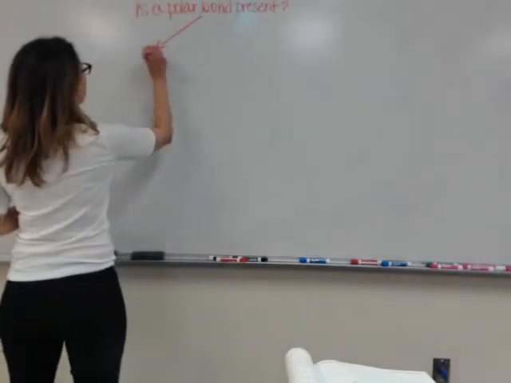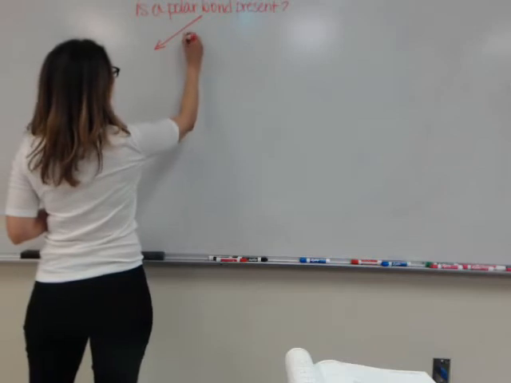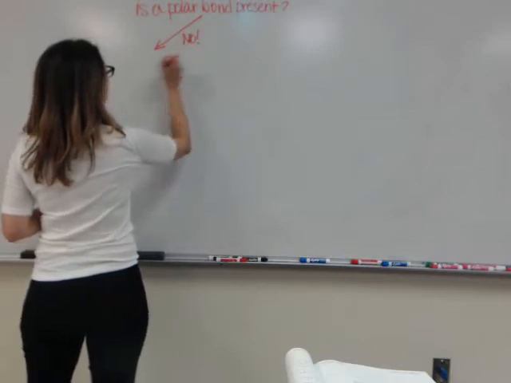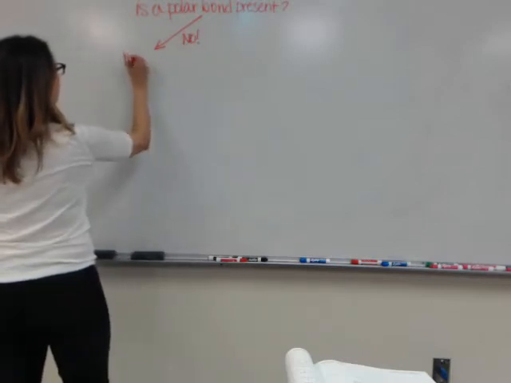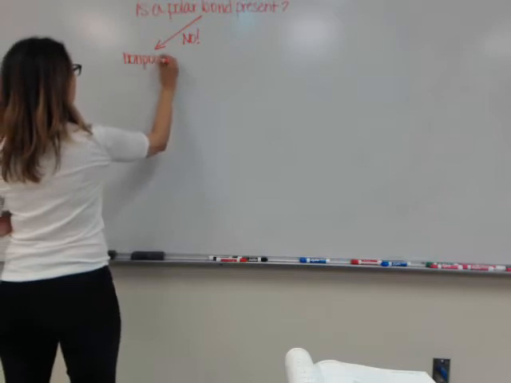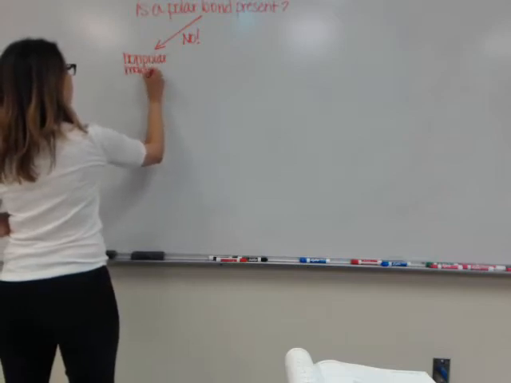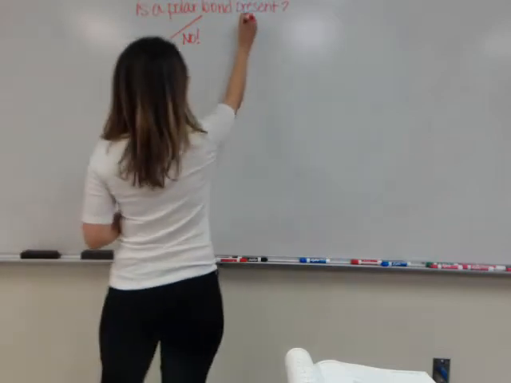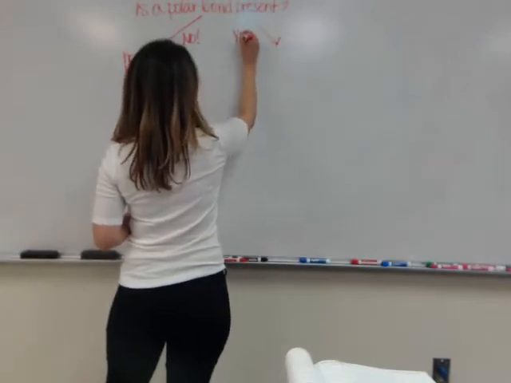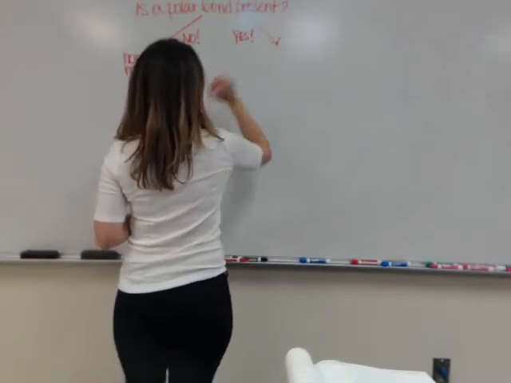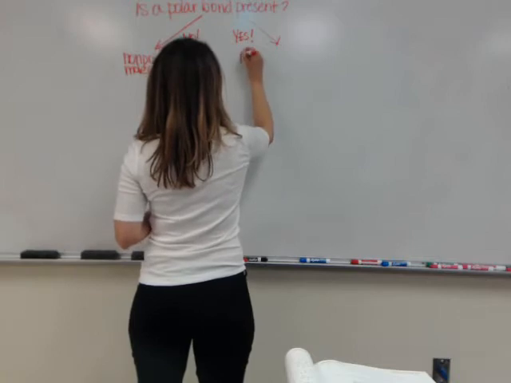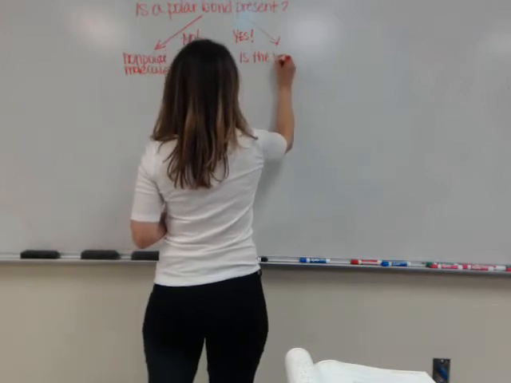If the answer is no, there is no polar bond present at all, then it is a nonpolar molecule. If the answer is yes, then you have to ask yourself,